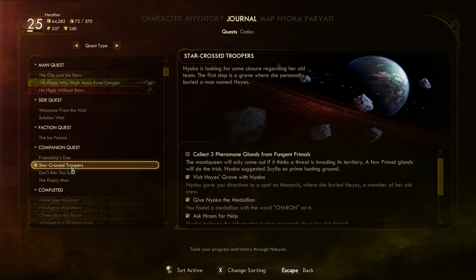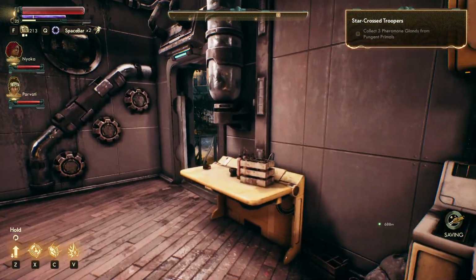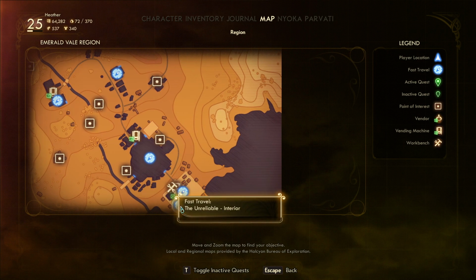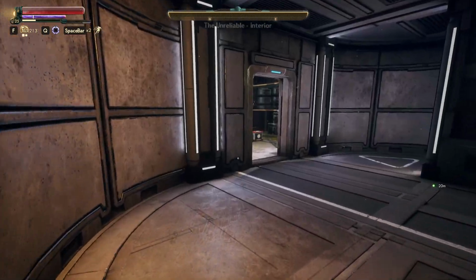Yes. Okay, so let's do Don't Bite the Sun, where we need to go to Chef Raymond in Stellar Bay and buy some stuff. But I should be able to fast travel to the Unreliable. I really like that option. Right into the ship. And then we can...